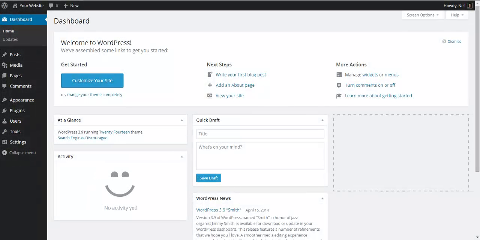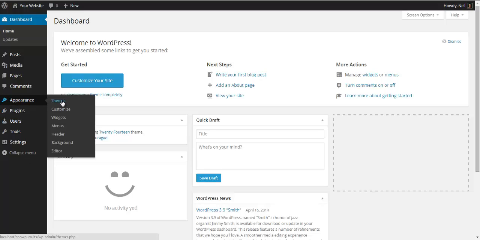So we're in the dashboard of the WordPress website, and this is running version 3.9 at the moment. And you see we've got the standard links and tabs down the left hand side. But what we're going to do is install the Genesis framework and see what changes once it's installed. So let's go to Appearance and Themes,